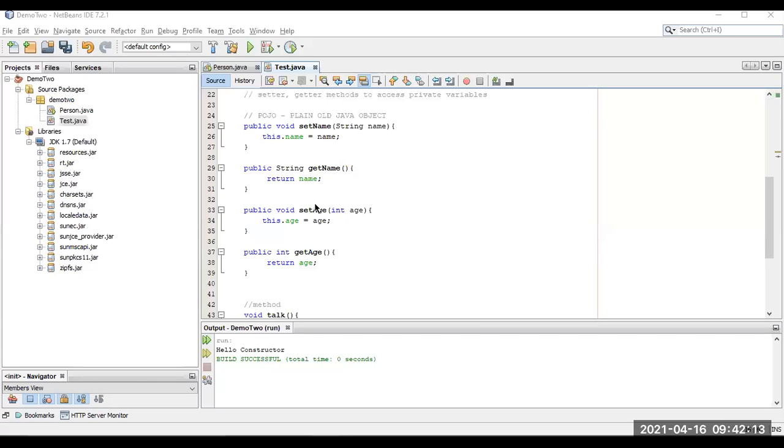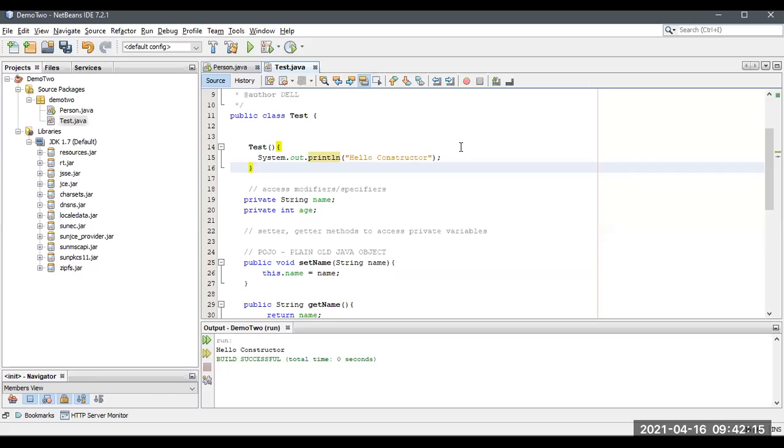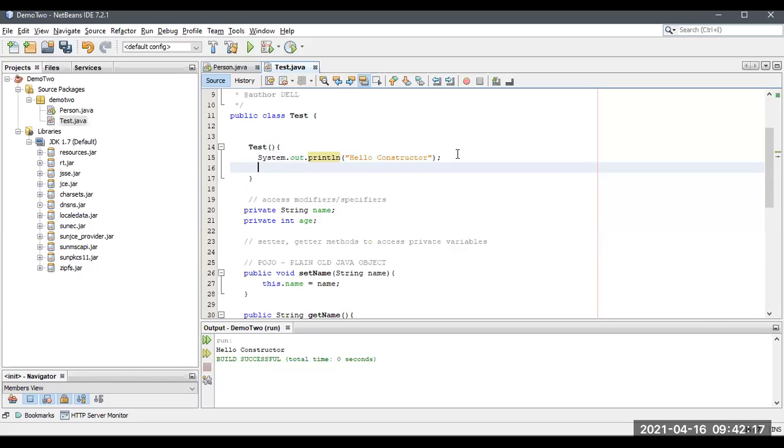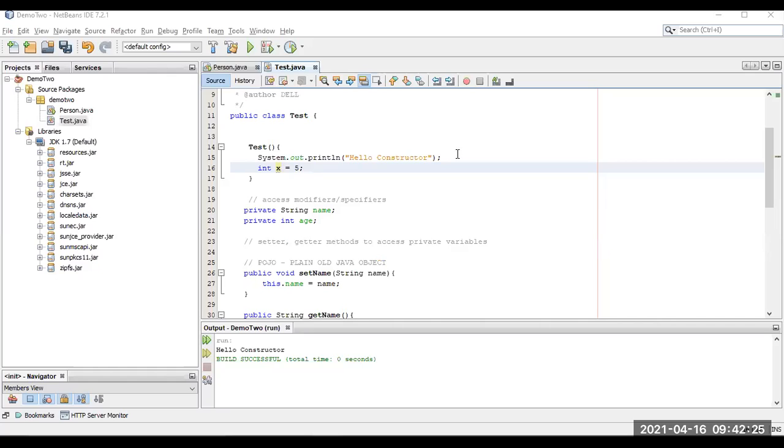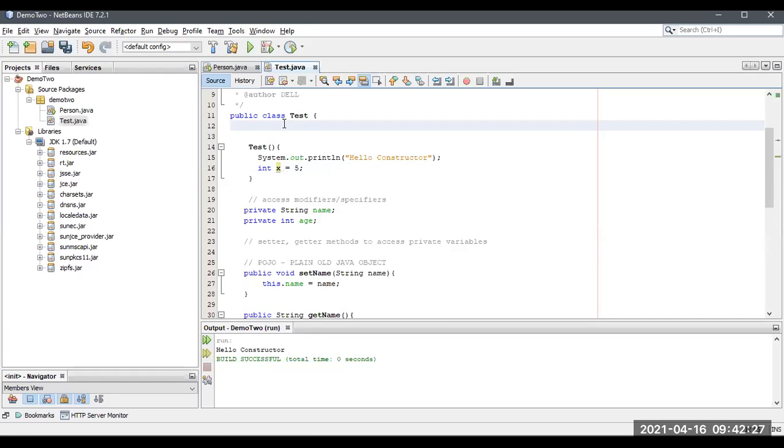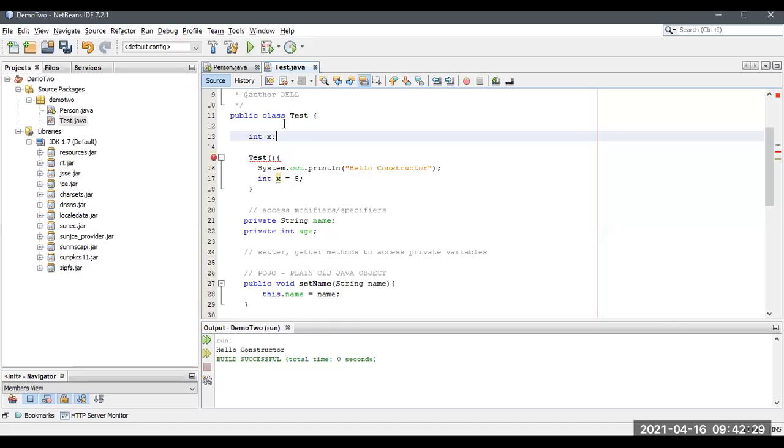Okay, now inside a constructor, I'm going to take a value, int x is equal to 5. Let me declare this one outside so that there is no need to mention it inside.